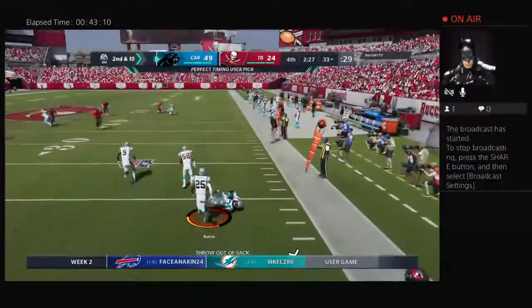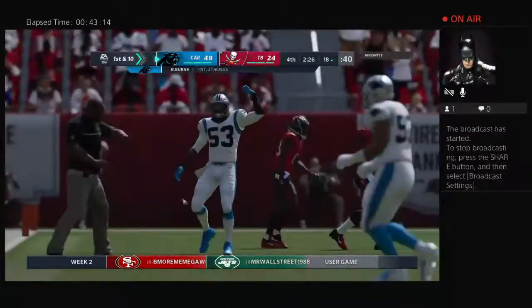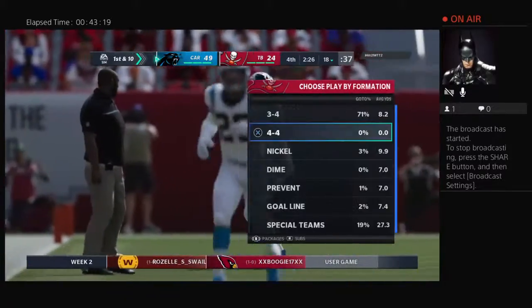And now here is another interception. Picked off at the 19. And a big turnover there as his guys will get the football back. They'll take over 1st and...